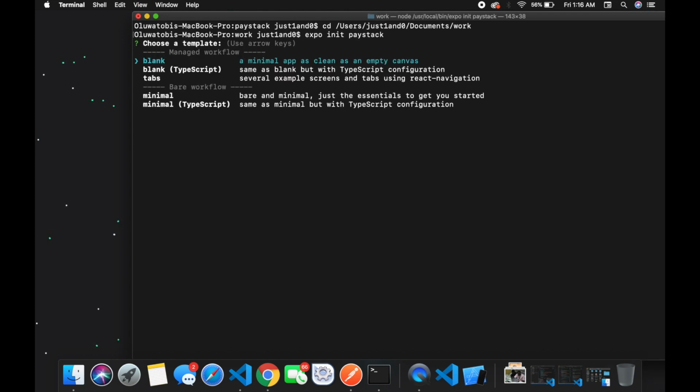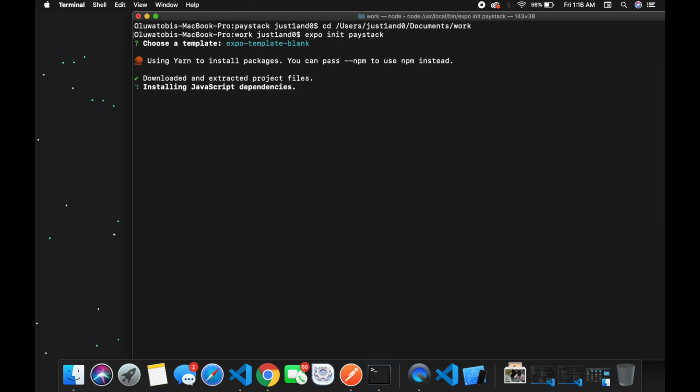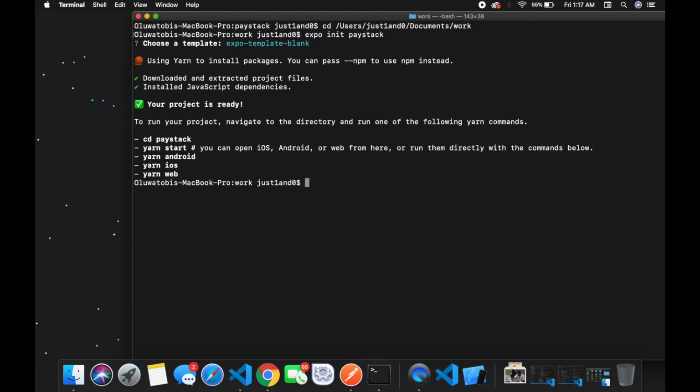Okay, so Expo comes with different workflows. For me, I want to work with the blank one. We're really not building anything big, so this works for us. It's going to take a while to install, so we'll have to exercise some patience. So finally, we have our Expo project installed. We would have to go into that work directory, my Paystack. So the command is cd Paystack,